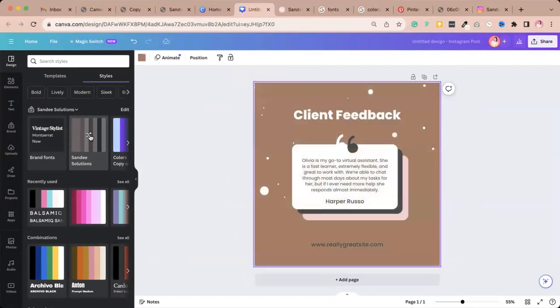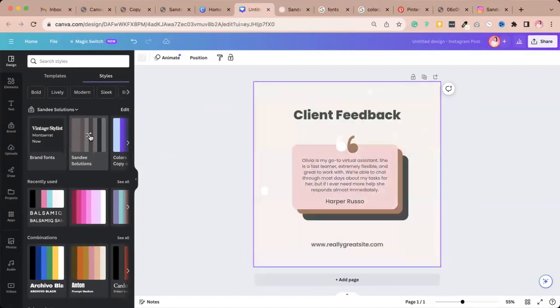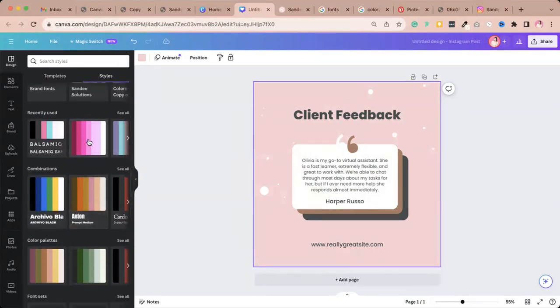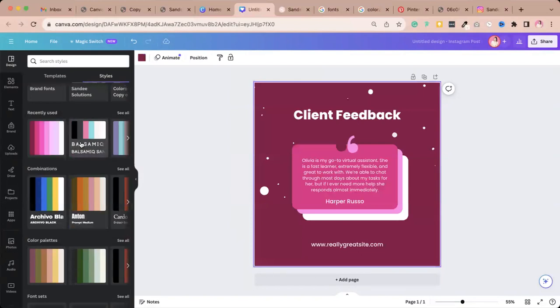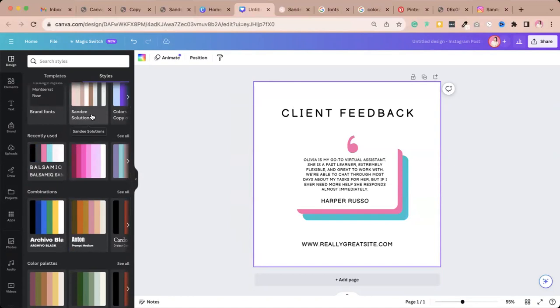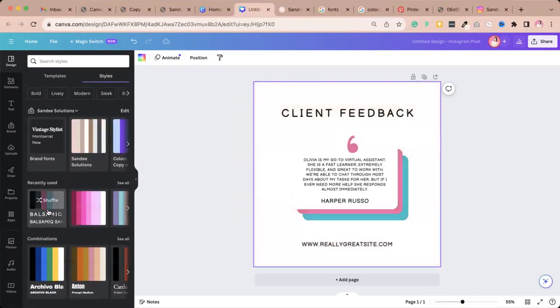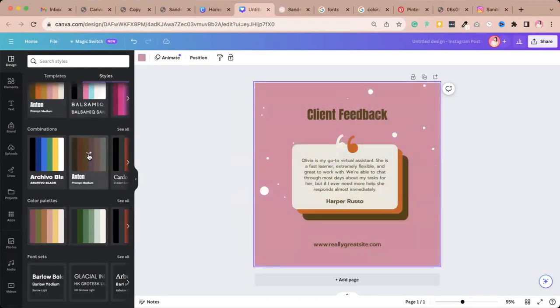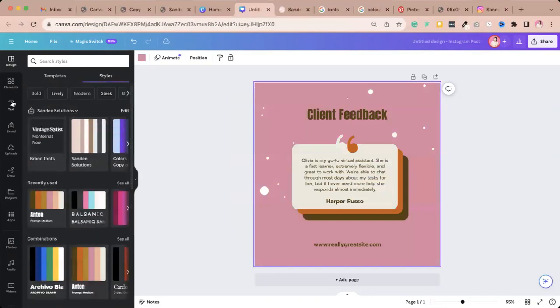Okay, I think I like this one. And this one is better. Or you can also use other pre-made color combinations from Canva, like this one. If you click on that, it will also change the fonts to whatever the current combination is. Here, shuffle. So it's easier, right? Instead of changing the colors one by one,